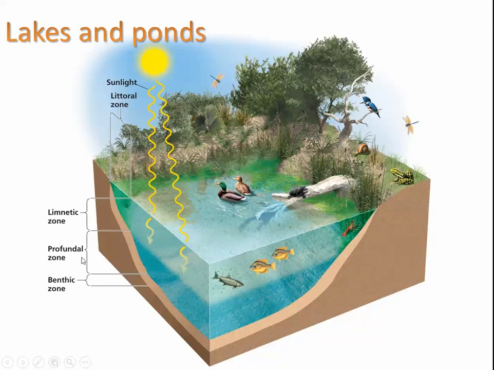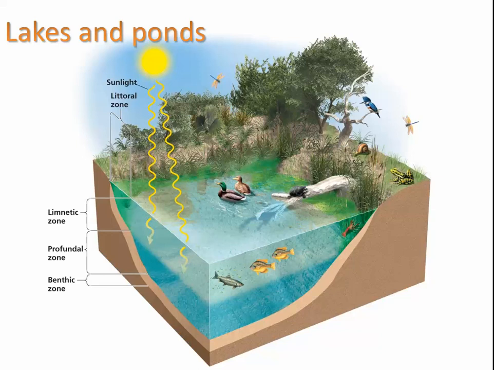And the next layer down, you have the profundal zone, and this is where the light cannot penetrate because it's been absorbed by the layer above it. And so there's not a whole lot of activity going on there. But then you get to the bottom layer, which is the benthic zone. And here you also do not have photosynthesis, but you do have a lot of life happening there, especially decomposers,